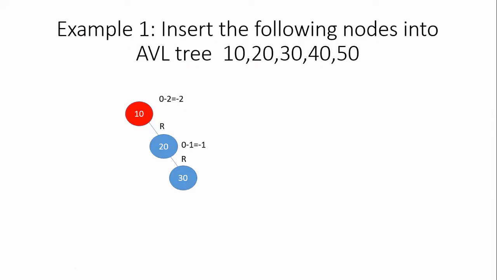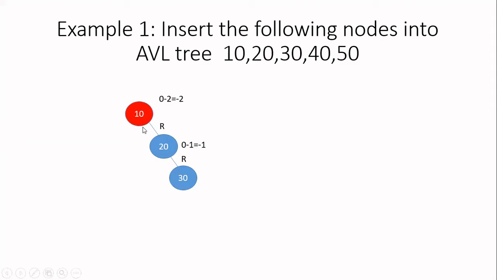Okay, so now how to balance this? For that, you have to identify what is the type of imbalance it is. To identify the type of imbalance, start from your imbalance node, that is the first imbalance node, then move towards the newly added node. You will come across many links in your path. You have to give label for first 2 links only. And because we have only 4 different combinations of rotations, RL, RR, LL and LR. So you give label for 2 links, starting from the first imbalance node.